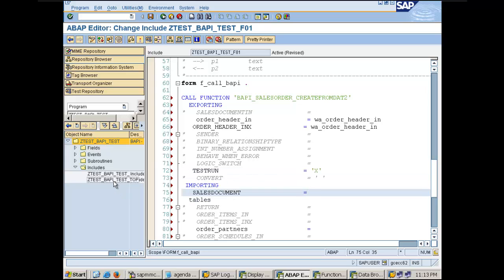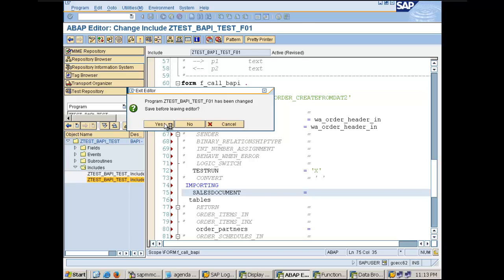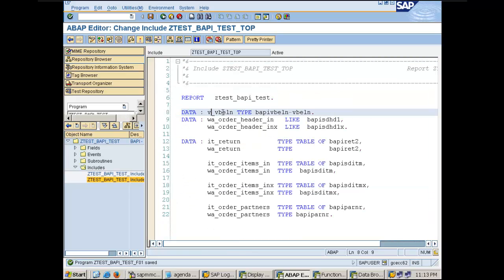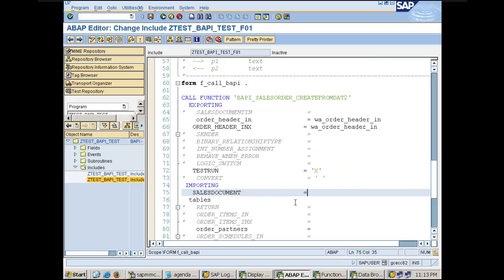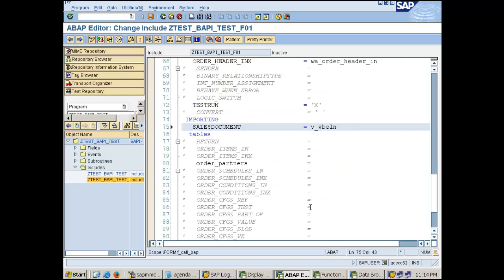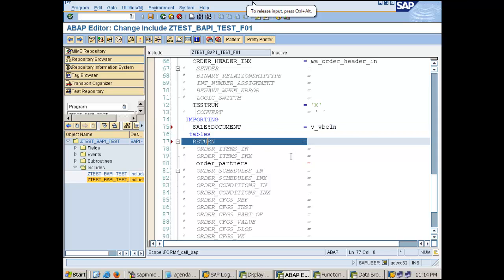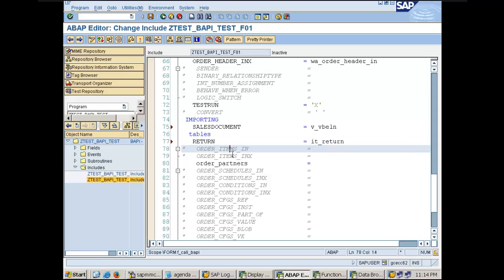Sales document. So I want to receive the sales document value in this variable v underscore VBELN, and then I want to see my return table, which would be IT underscore return, items, basically, IT underscore